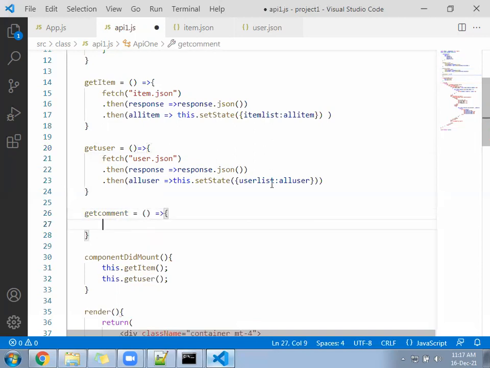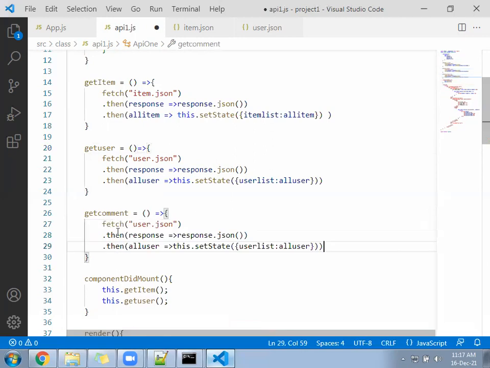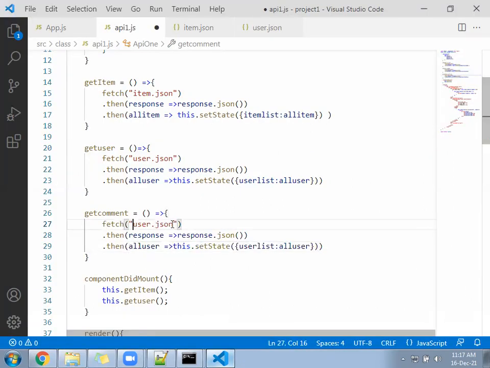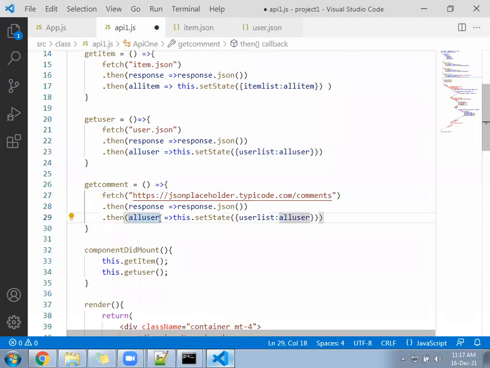Inside that, you will be writing everything like this. The URL is different. The URL is not coming from your local machine. The URL is different, this one. Response.json, all comment. You pass all comment to where? To the commentList.